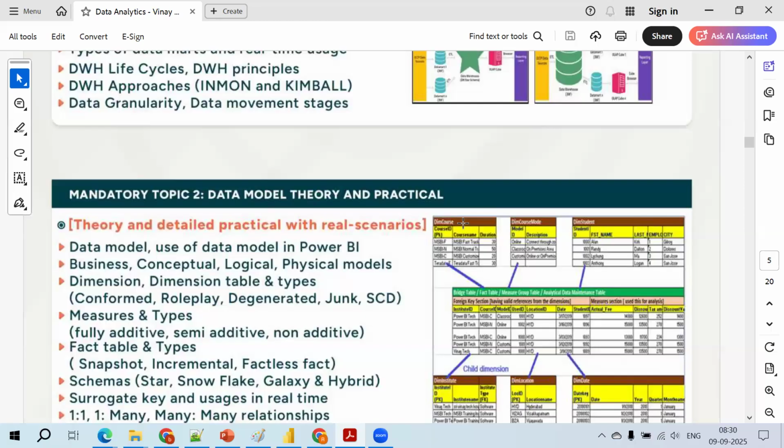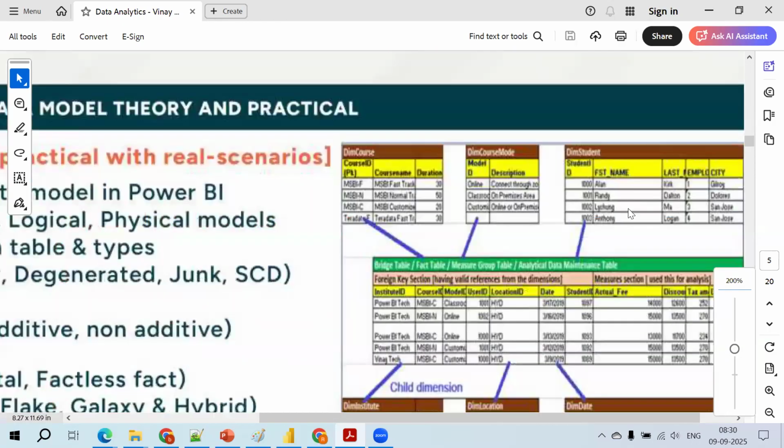So, being a data modeler, I consider the tables and make sure these tables are interconnected with each other. And I need to ensure no table is isolated. That's what you can see over here. Dim course, dim counseling mode, student, children, location and date.